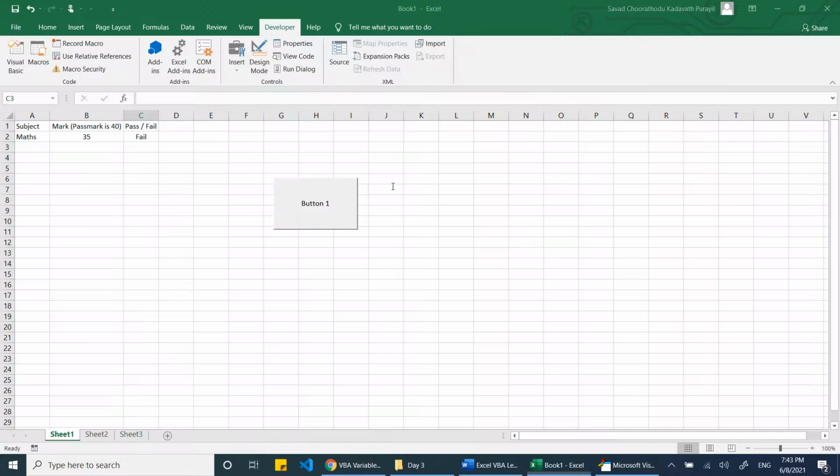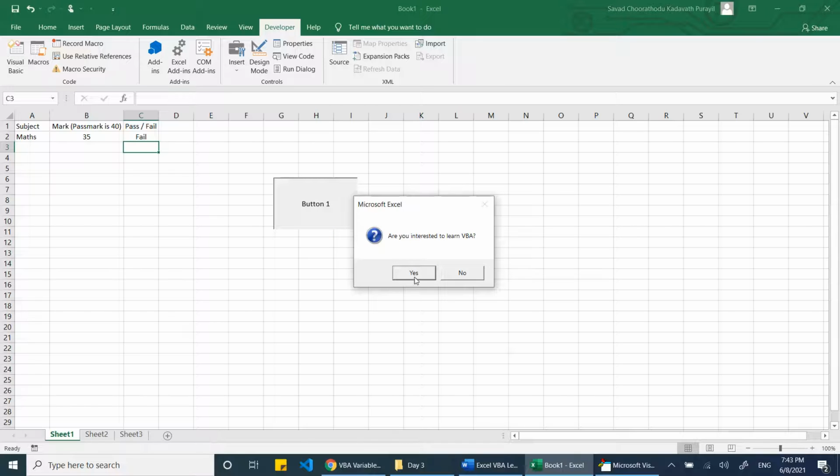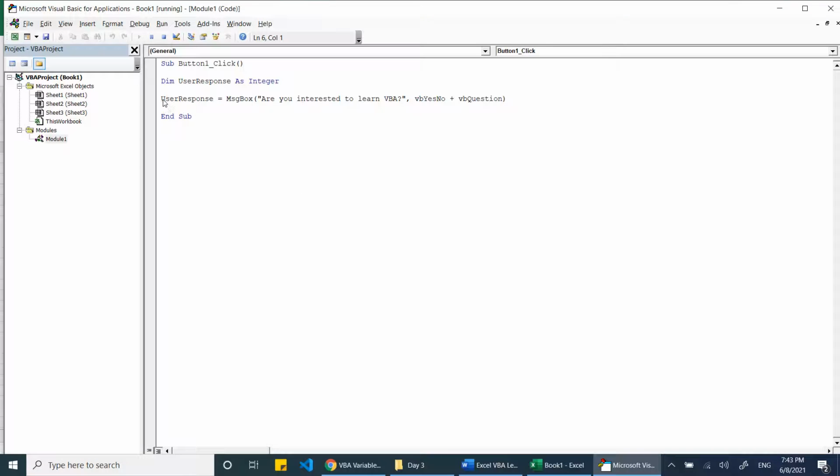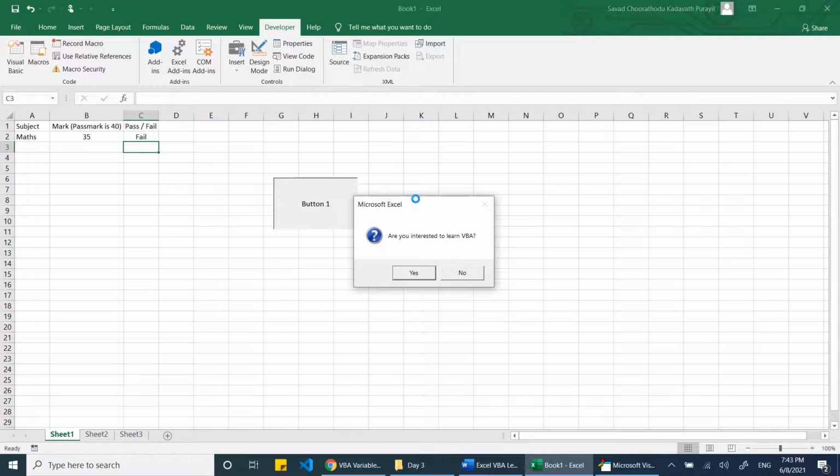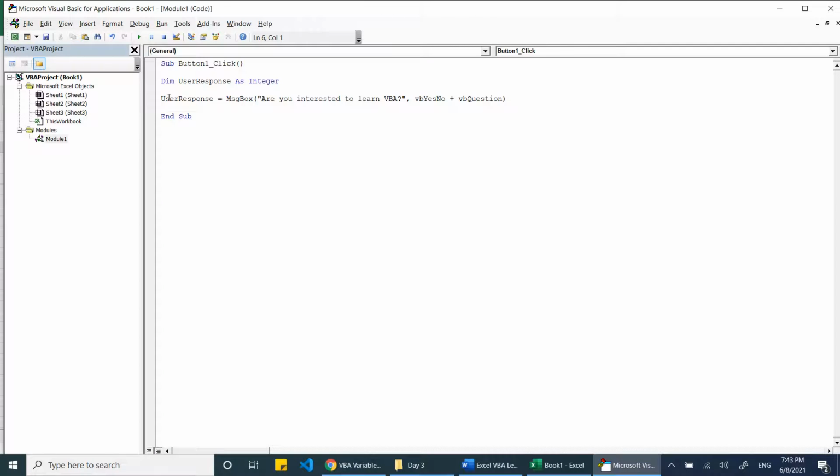Now if I run it, you can see the message. If I click yes, the user response will be stored, because we are saying equal to: whatever result comes from this area will be stored here. So if I click yes, user response becomes yes, and if I click no, it becomes no.